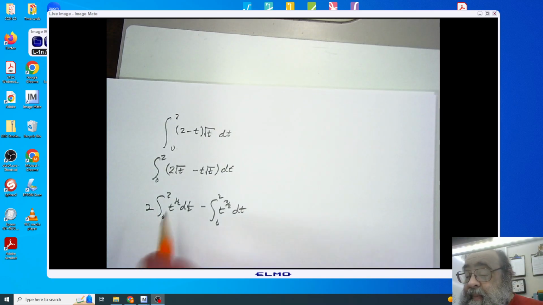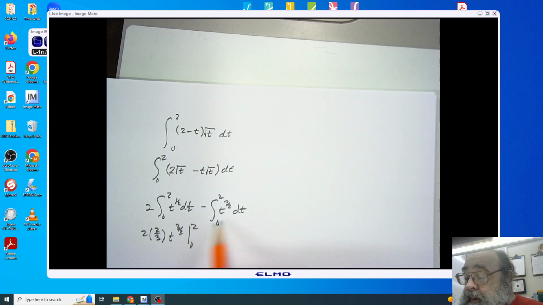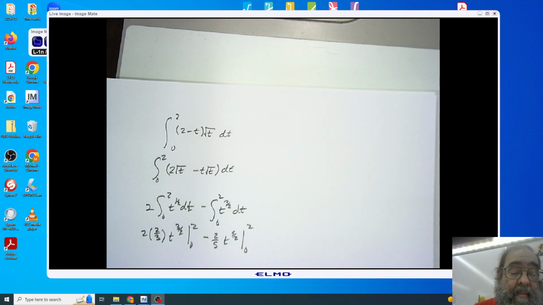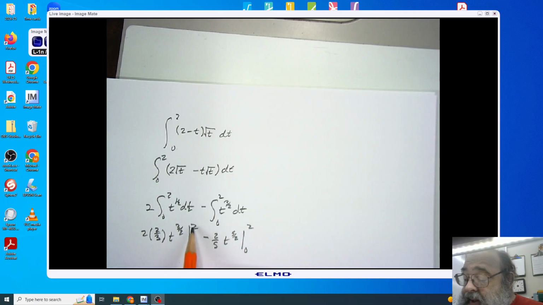We now integrate each piece. This is going to give me 2 times 2/3 t to the 3/2 power from 0 to 2, and this is going to be minus 2/5 t to the 5/2 power from 0 to 2. We're now in the middle of the fundamental theorem of calculus that we have to work with. And so I'm going to plug in my 2, and you'll notice that I end up with